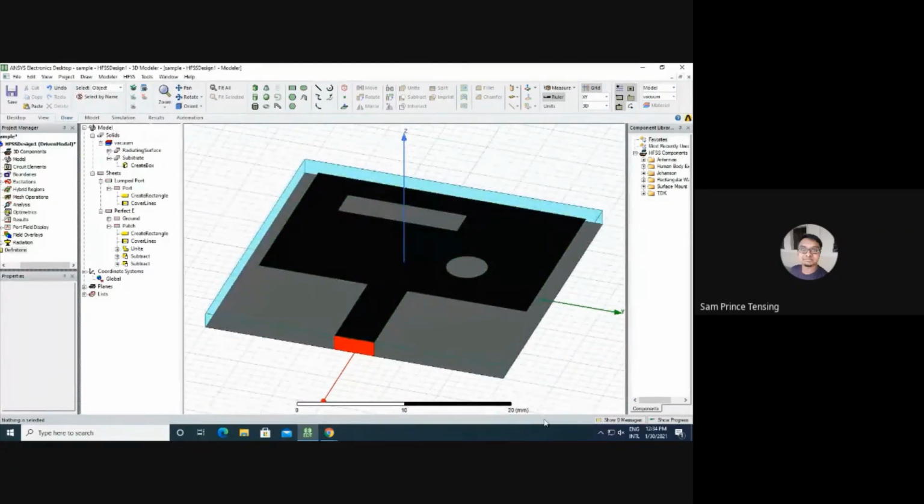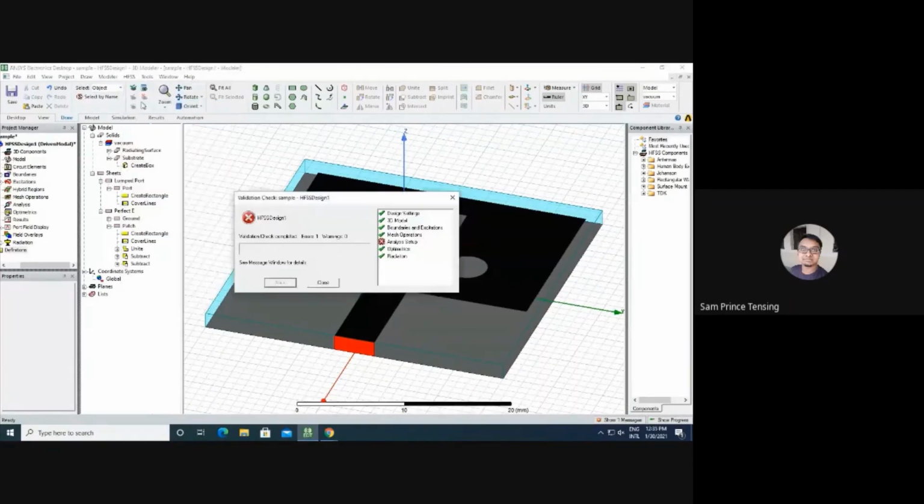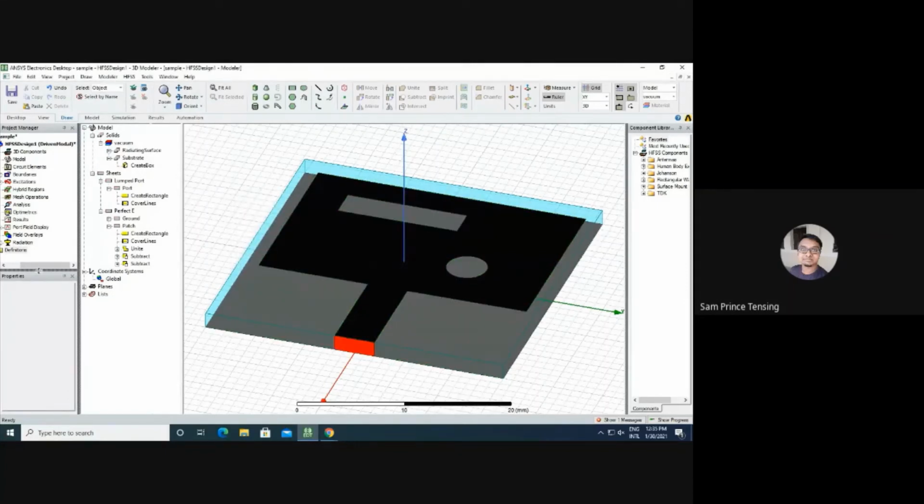Okay. Now we need to check whether our design is correct or not. Go to HFSS, the top corner, validation check. Here we didn't do one step, analysis setup. That is where we'll give the input frequency, the frequency at which the antenna is going to work. In the left hand corner, you can see analysis.